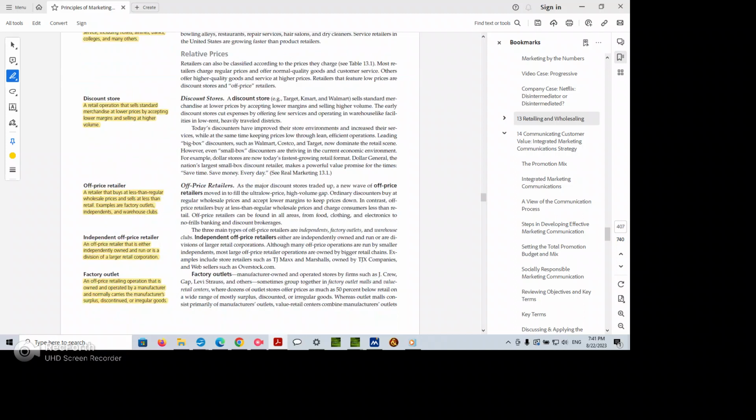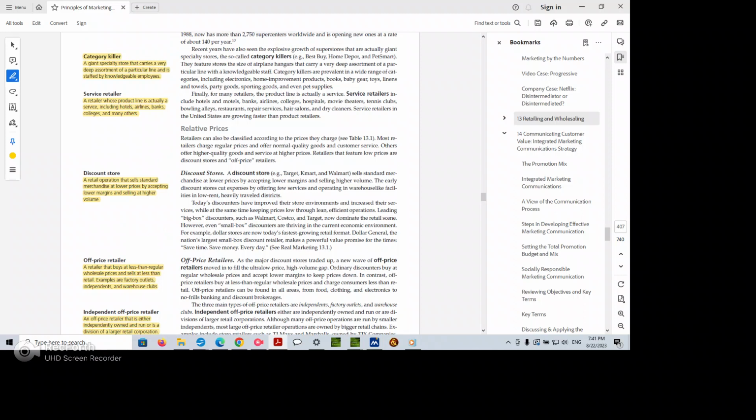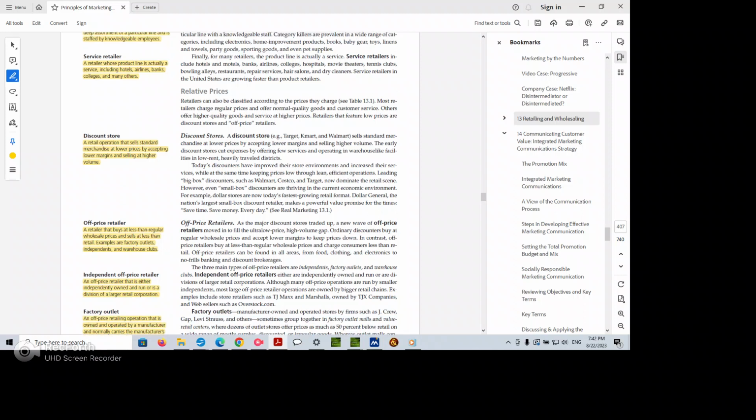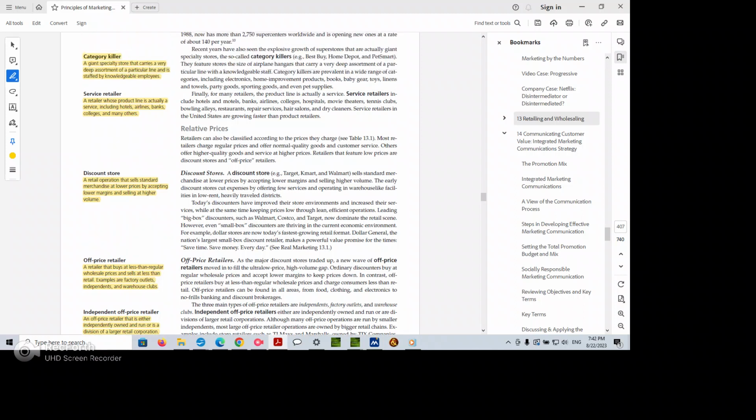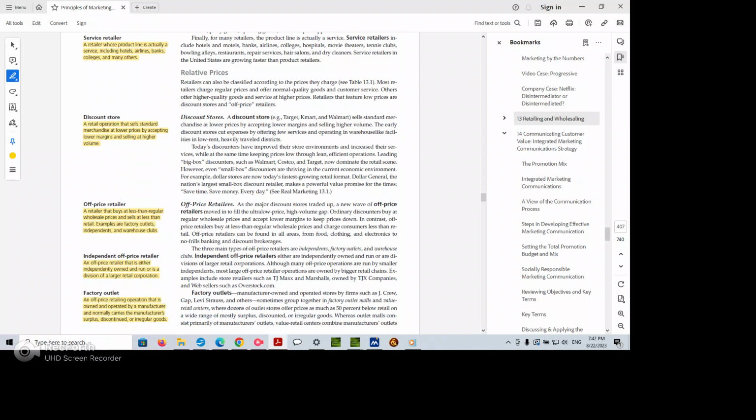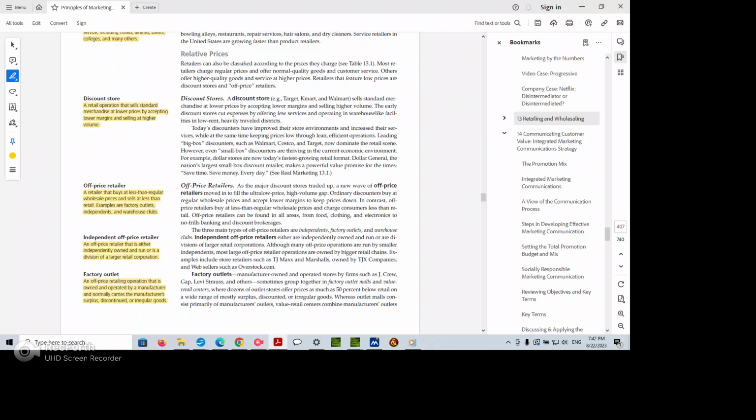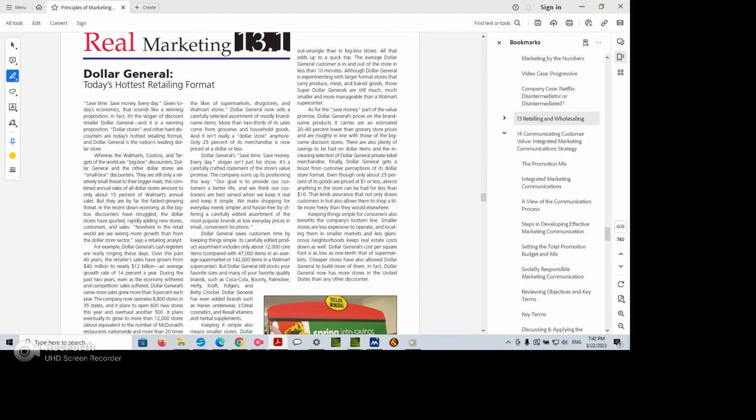Now, I've got this highlighted. Just be familiar with the terms. If you have to go through it a second time, you're welcome to do so on this video. You can fast forward or actually rewind and go through it a second time.